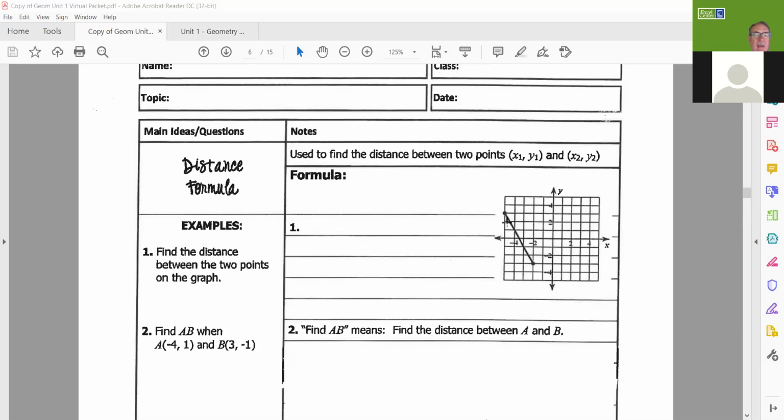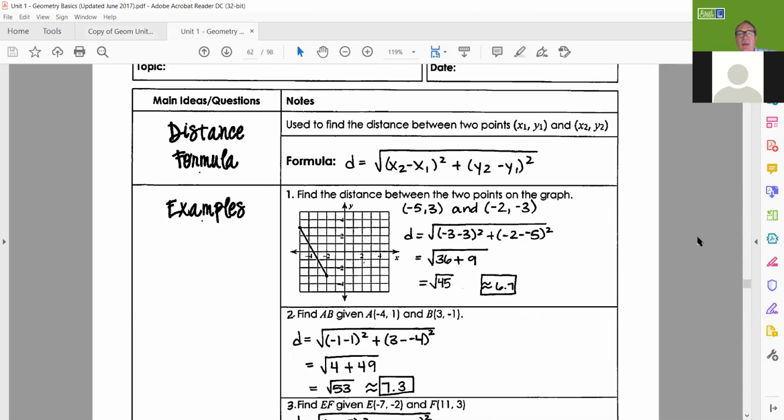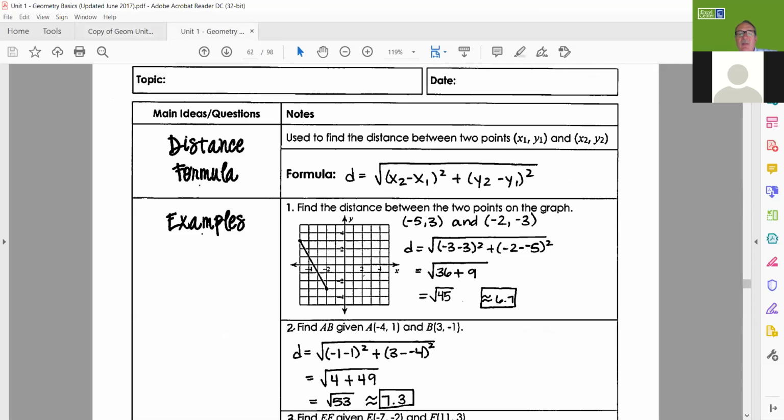I mentioned Tuesday that if it was a flat line, a horizontal line, or a vertical line, like if it was across here at -3, it'd be easy just to count the squares and we would know how long that line is. But because it's the diagonal, what we're going to end up doing is creating triangles, right triangles, in fact, and you can use either the distance formula or the Pythagorean theorem. So if you look at this first problem,